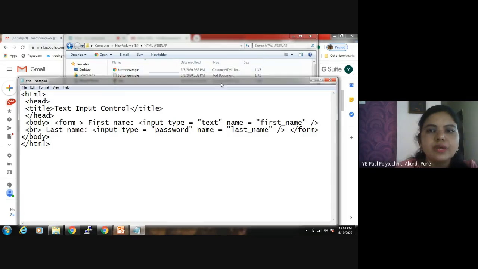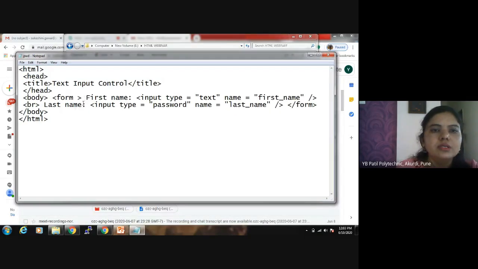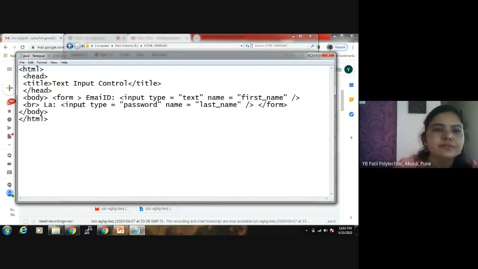So what changes do I have to make? Here, enter name, or you can say email ID, then password.